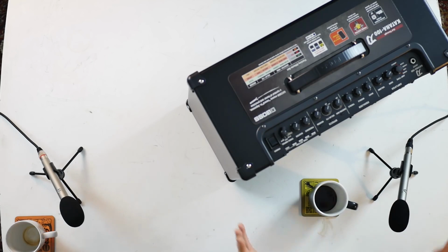This is a small 100-watt amplifier with built-in effects, drives, modulations, reverbs, delays, octaves, everything that we know Boss has to offer. And then you've got attenuation. You can run this at half a watt, 50 watts or 100 watts, so it's suitable in a bedroom, at a small gig, at a big gig. Then you've got things like